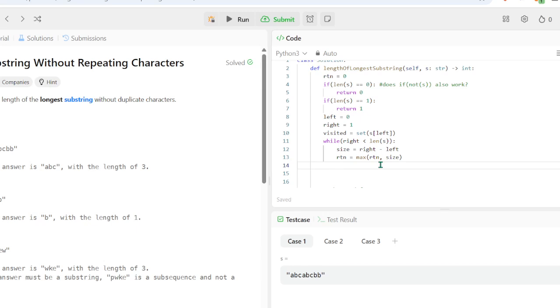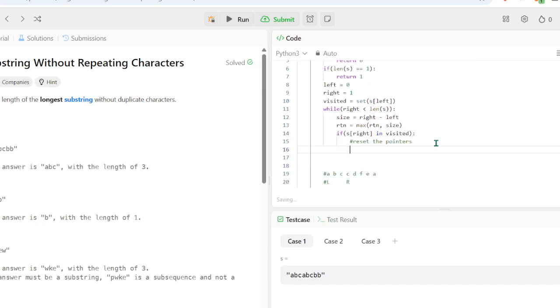Okay, and then we do, okay, so if S index right is in visited, so if it's in our set, then this is kind of where we have to reset the pointers. Okay, that makes sense, right?